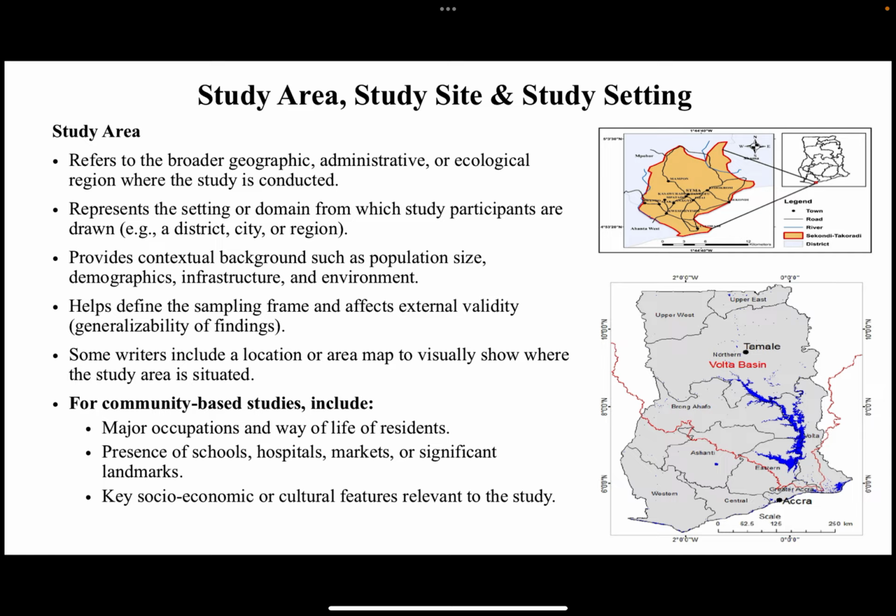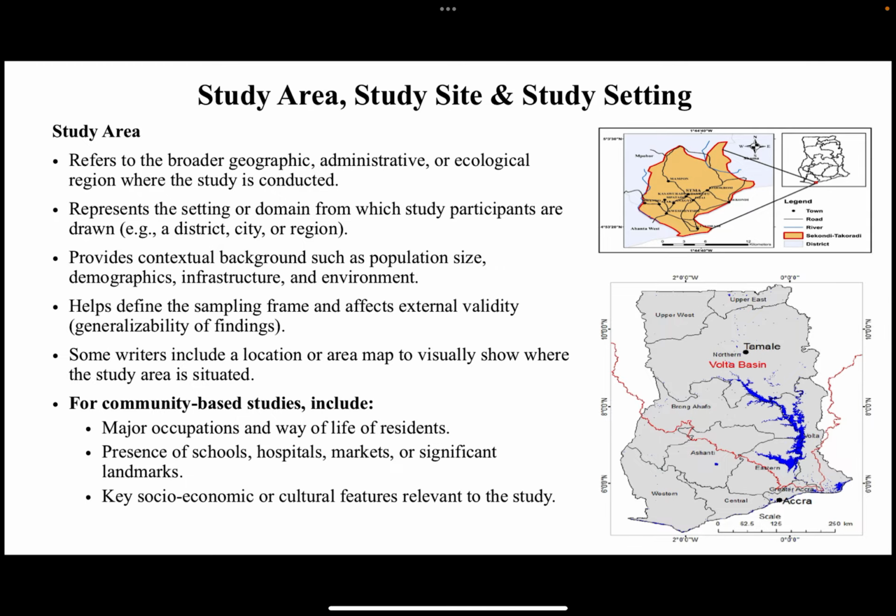You can even give the ethnic distribution of the people, which people dominate the area. Is it Gas? Is it Akans? Is it Ashantis? Give the distribution if you want to. Okay, good. If there are key landmarks in the area like markets, or any cultural activity that is very common among the people in the district, you can talk about it